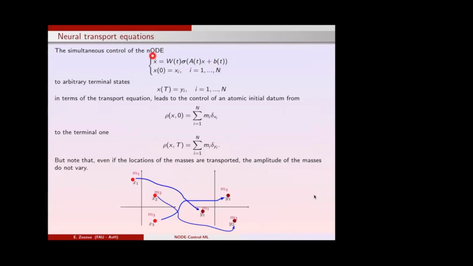if you consider the differential equation associated to residual neural networks that we have called the neural differential equation, because this is simply a differential equation and it has a neural structure due to the presence of the sigmoid nonlinearity. In particular, when the nonlinearity sigma is the ReLU, right? Using the constructive inductive arguments that I presented yesterday, you can show that the system has a very, very ambitious